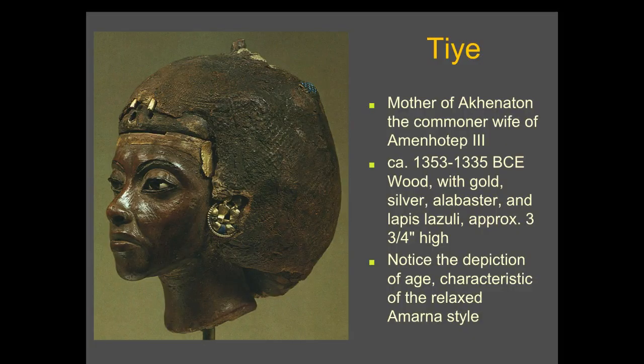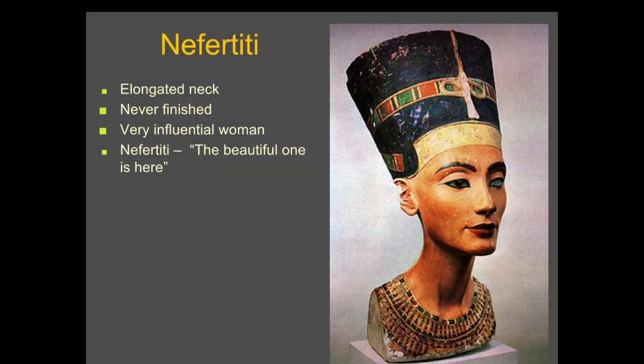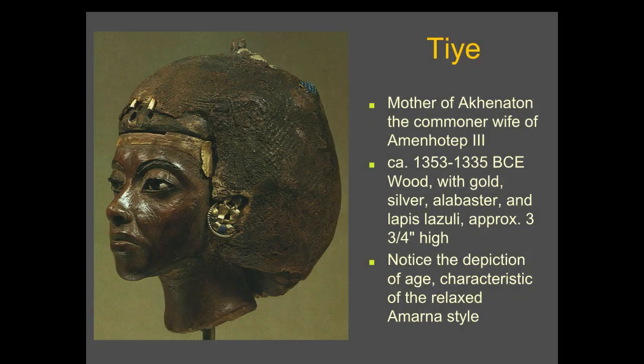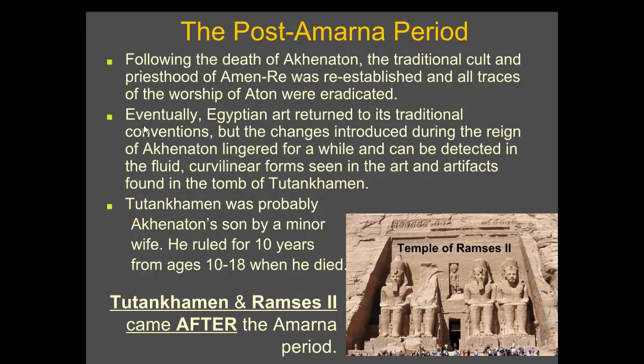Same thing with this one. This is Tiye. Oh, I'm sorry, vice versa. This is Nefertiti, which is the Amarna period. This one is the mother of Akhenaten. Oops, sorry guys. This is in the Amarna style, but then they've taken off, if you look up at the top, a lot of the sun disks and things like that that symbolized the Akhenaten period.